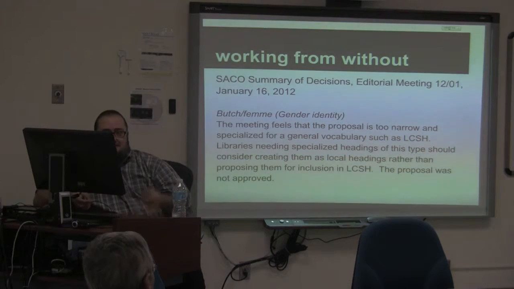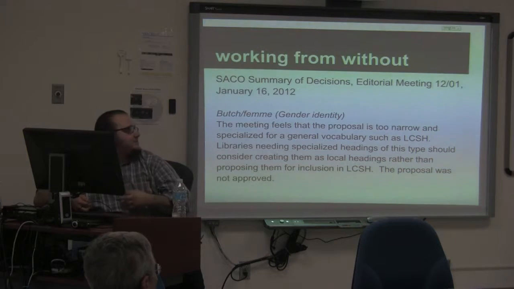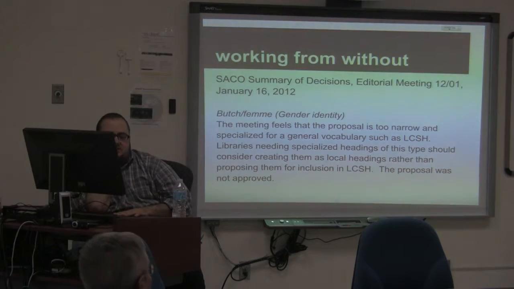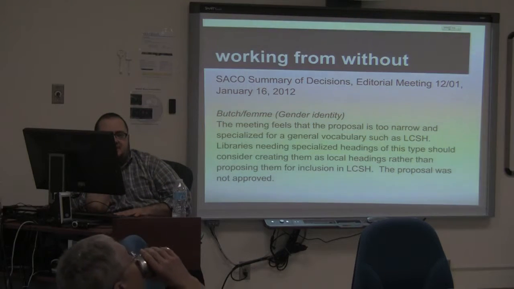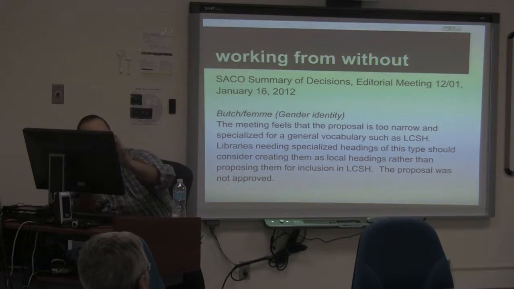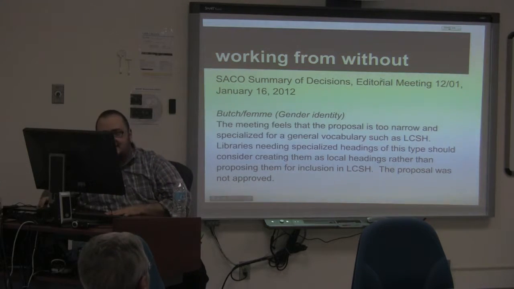To put this in context, they send out emails that are minutes of the meetings, and they're typically things like, usually proposals aren't approved because they didn't follow all the explicit guidelines for how to construct that heading or how to present it. It's very rarely based on the content of the heading. So this sets a worrying precedent. I think it was in 2009 that they rejected a similar heading for fisting, for genital fisting and for anal fisting. But butch femme gender identity is a lot more centrist, as it is a considerably less controversial topic than explicit terminology for sex acts.